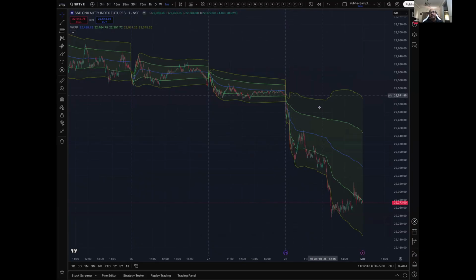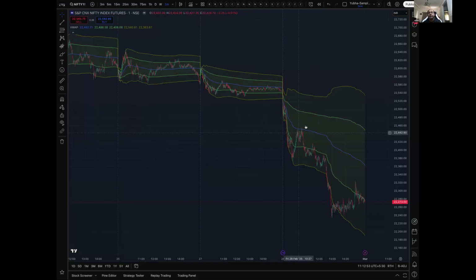And you can see that the band expanded because the standard deviation on those of the index actually increased. And that kind of told you in a way that it would be a trending day. Okay, where the prices were rejected from this particular point when it tried to come back towards the VWAP, and then it kept moving down, broke the one standard deviation, and then probably even broke the two standard deviation before